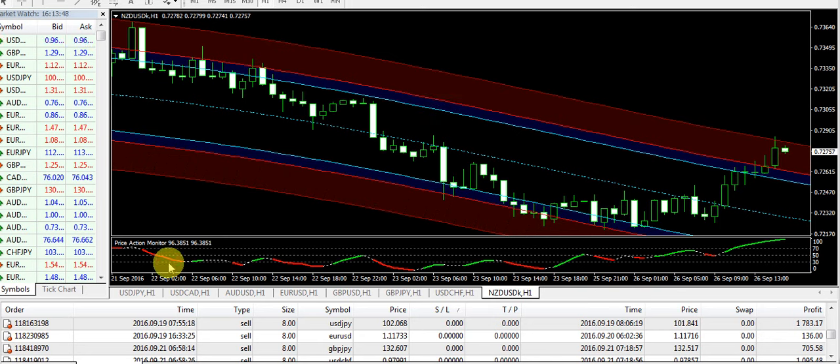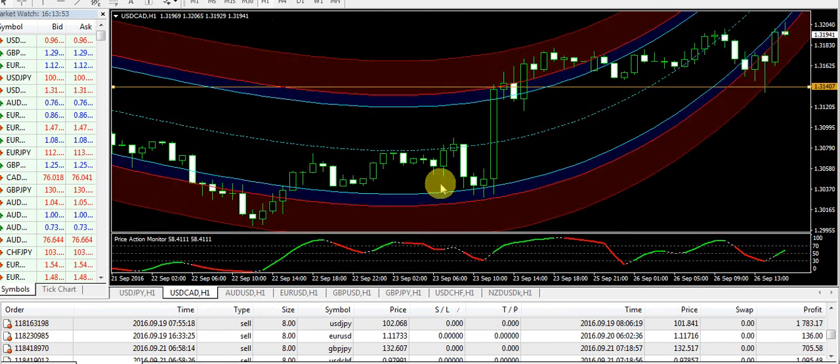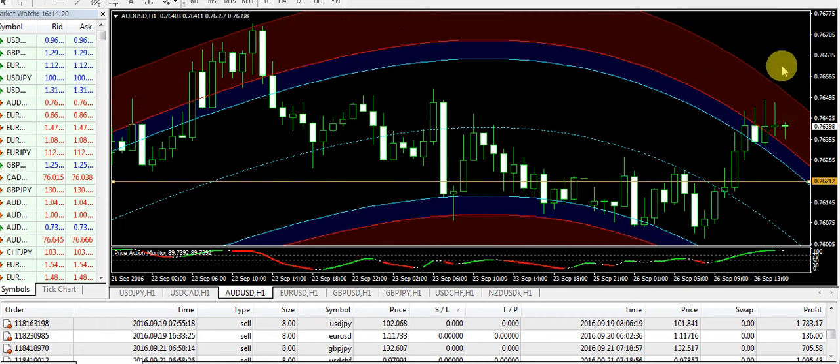So first of all, let's review this system and how it works. Look, this is the lower red boundary of the system. This red area represents the buy position on a chart. So look here, on USD Canadian dollar, the market entered into the red zone, then it moved up and you had a chance to make money on that, and also it will go more up according to the prediction of this report. Similarly, Australian dollar USD, look here, when it comes into the above red zone, then the market has a fall here.